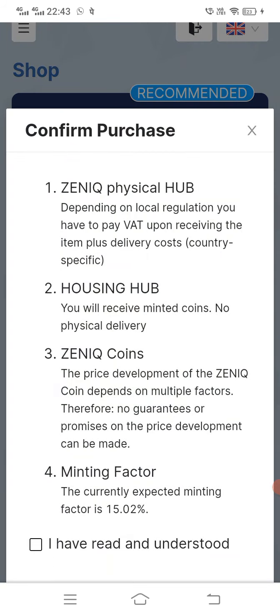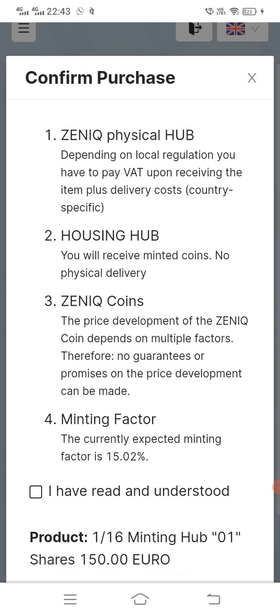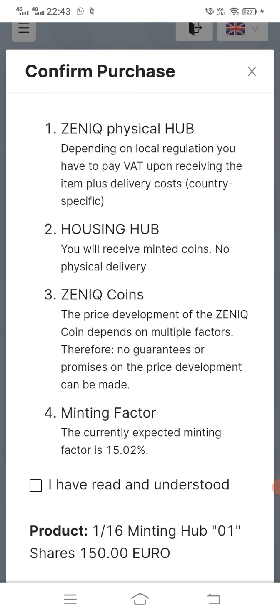I'll go for the buy option. Depending on local regulations, you have to pay VAT upon receiving the item plus delivery cost. For in-house minting, you will receive minted coins, no physical delivery. A price development of the coin depends on multiple factors.